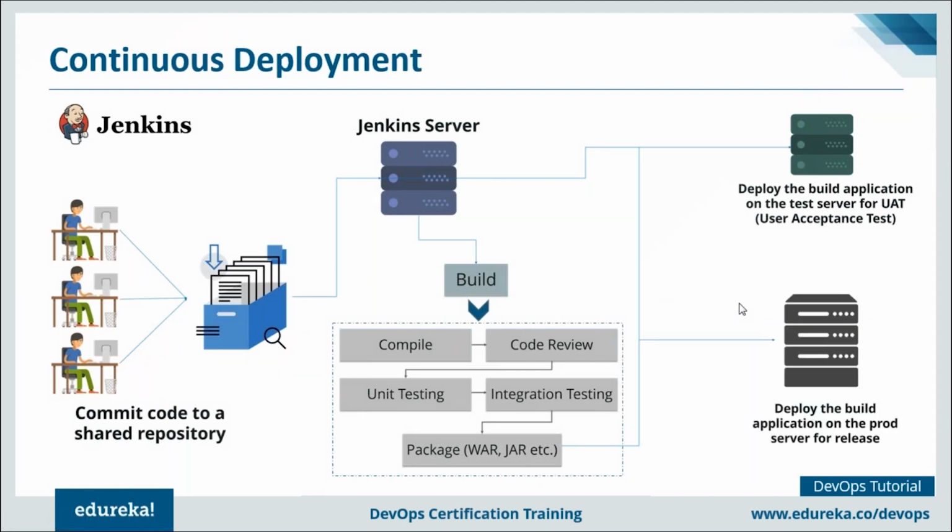Next up, we are going to continuously deploy our application onto the prod servers for release. So once the application is tested, it will then be deployed onto the prod servers for release. And I've told you earlier as well, it is not a good practice to deploy your application continuously or in an automated fashion. All right, fine, guys. So any other questions, any other doubts related to integration, delivery, and deployment?